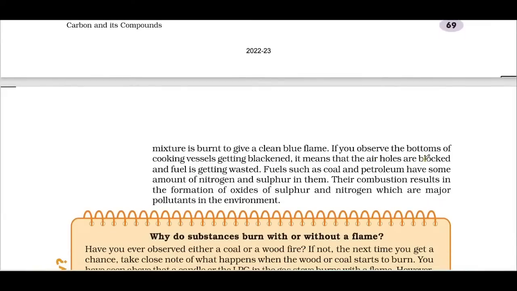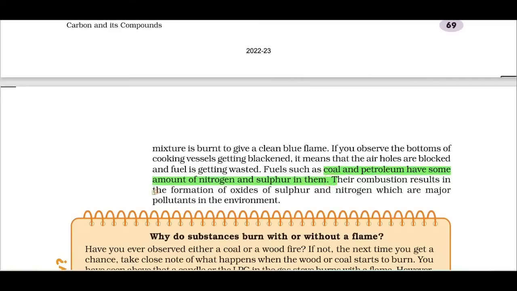So you can observe that the bottoms of the cooking vessels get blackened. It means that air holes are blocked, the fuel is getting wasted. That means it is an example for incomplete combustion. So, very important concept. Burning of coal and petroleum